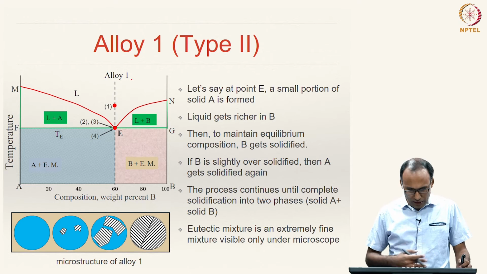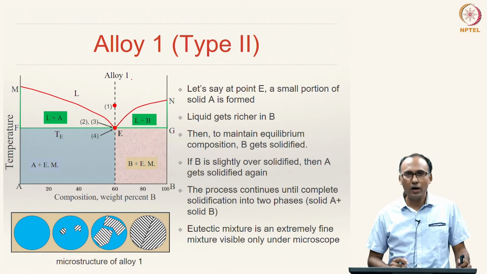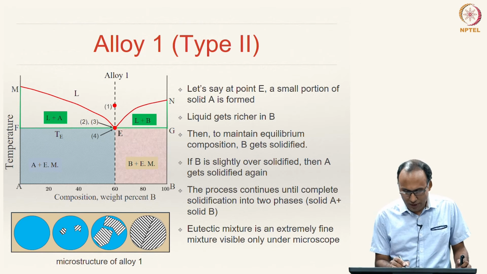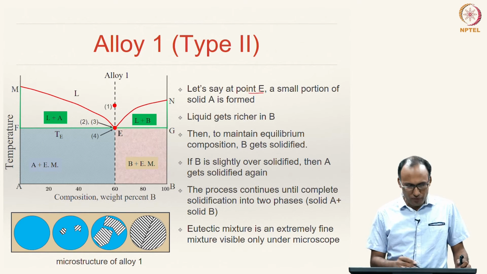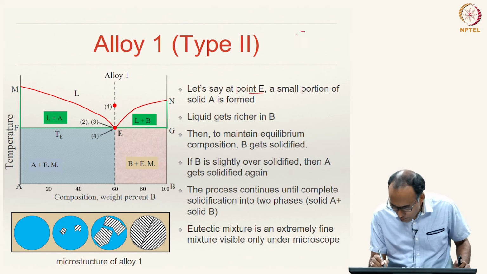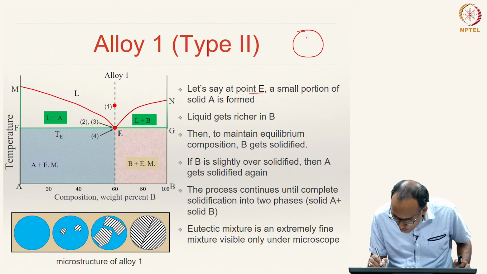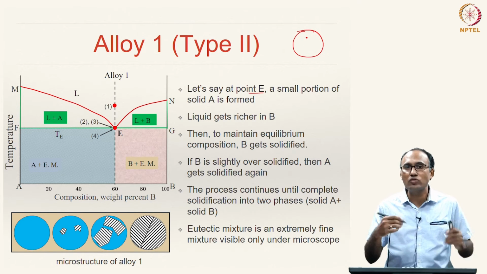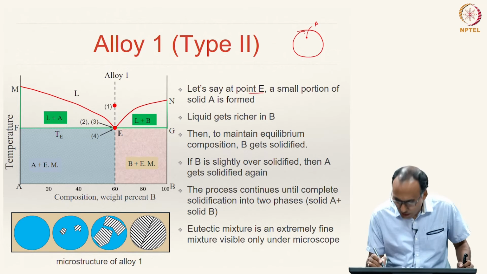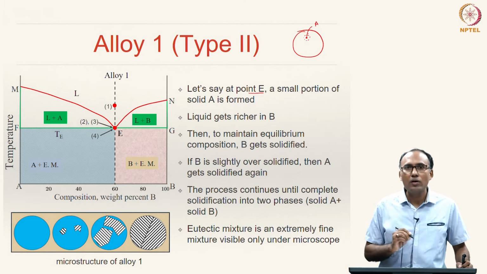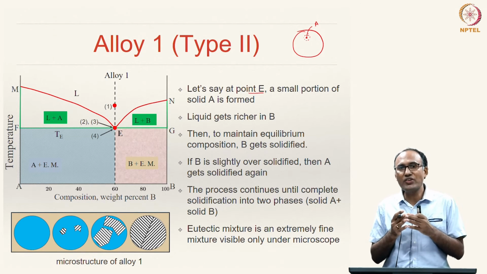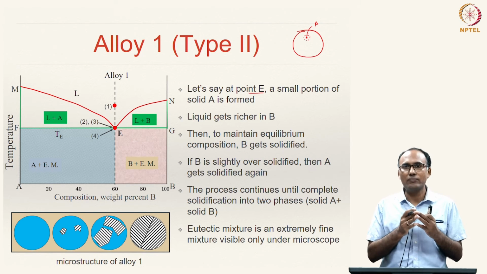Okay. So, let us see how this eutectic reaction is taking place. So, let us say solidification is happening. Let us say at point E, from the liquid a small portion of solid A is formed, right. So, let us say you have the liquid solution, a small portion of, because in the solid state they cannot be mixed. So, let us say this is A, then what happens, the surrounding liquid would become richer in B, because some amount of A has gone away from that liquid, right.